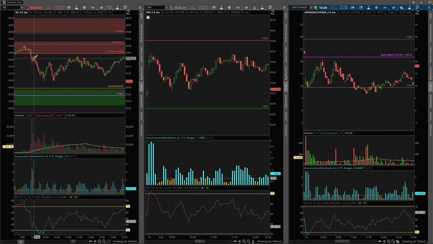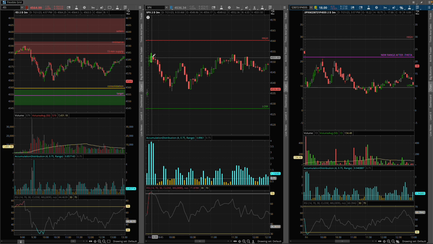So I'm risking 2 points to make a 20-point move down into this 45.60 range. We were right here at 45.80 when I took the trade, and my expected move was down to 45.60. We didn't quite make it there, but we still got a good trade at it. So I'm risking 2 points, and I ended up